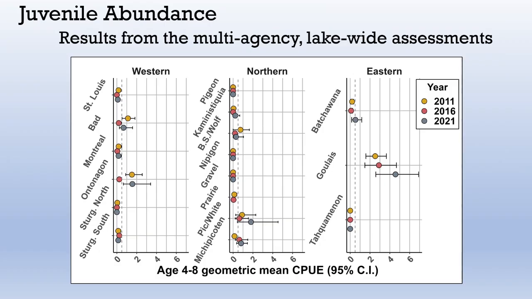Just wanted to remind you what the data kind of looks like from this. It's been pretty consistent across years. We have some populations. I'm just going to focus on the east part of the lake here. The Goulet River, like I showed, lots of juveniles well above the target, which is this dashed line. We have a river like the Tequamenon River, which is one of our extirpated rivers, where I think we've picked up 1 sturgeon in the 3 years that we've run this survey in